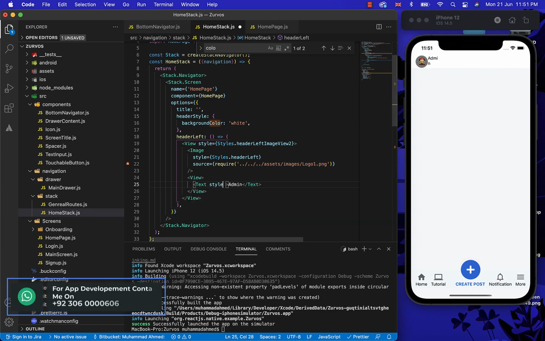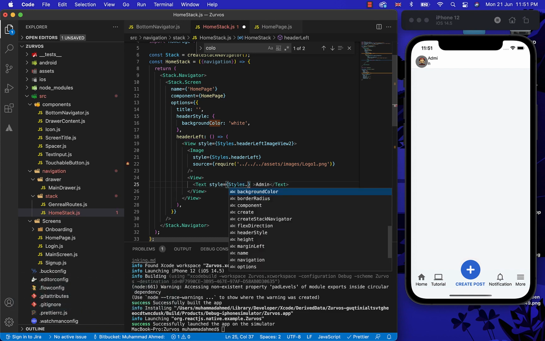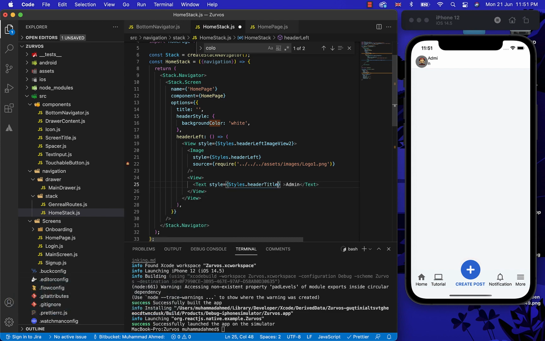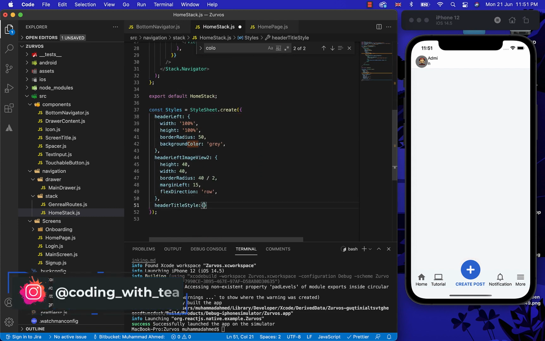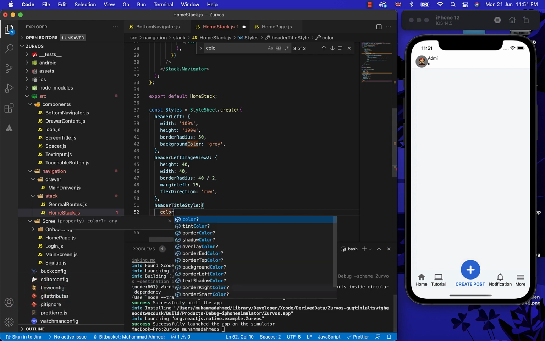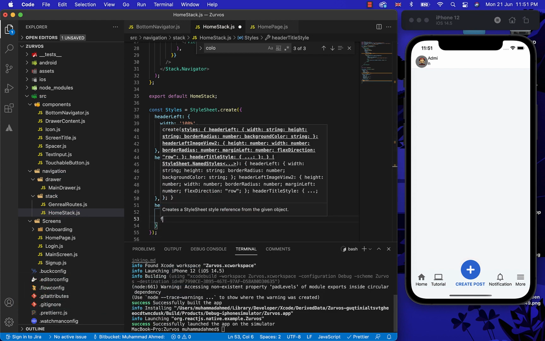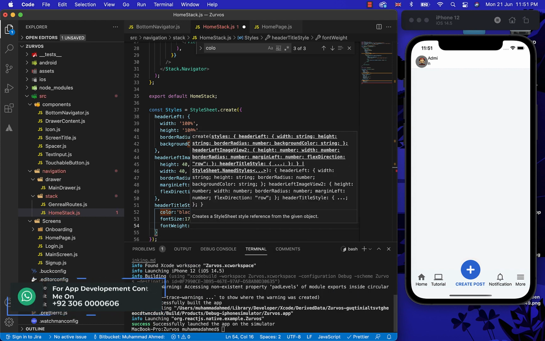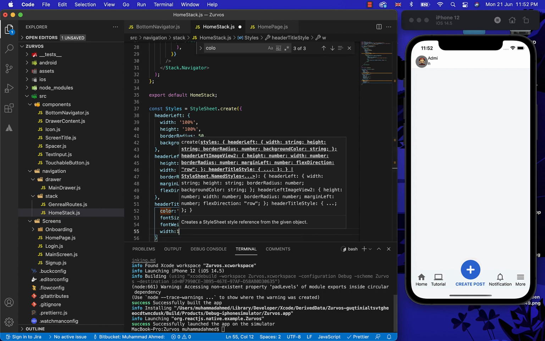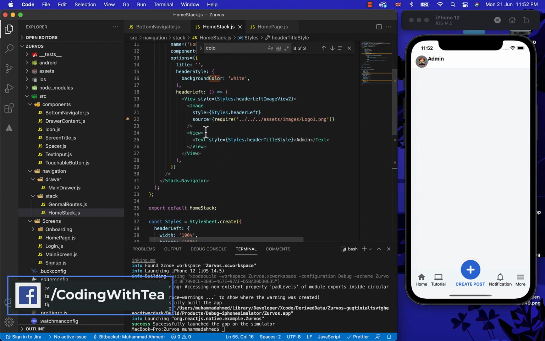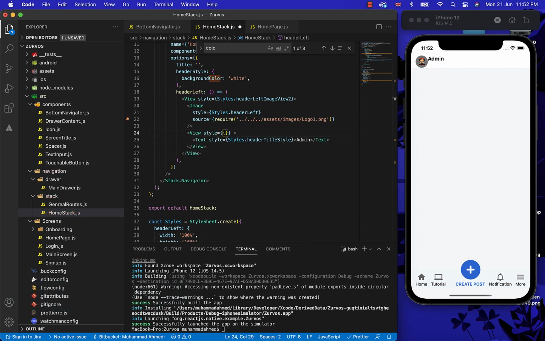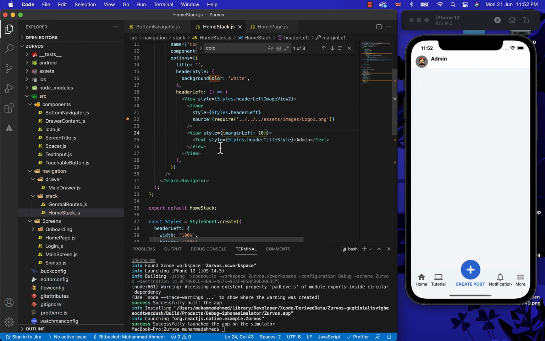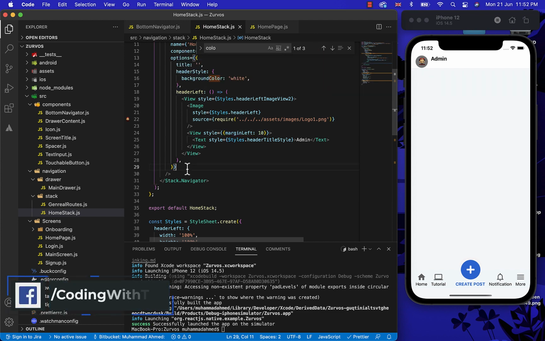And let's just give some stylings to the name. So now our left header is ready. Now let's just create the header right.